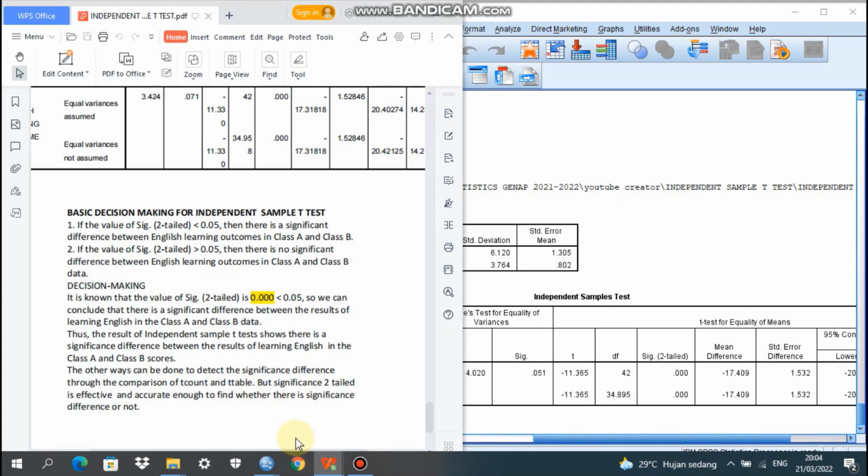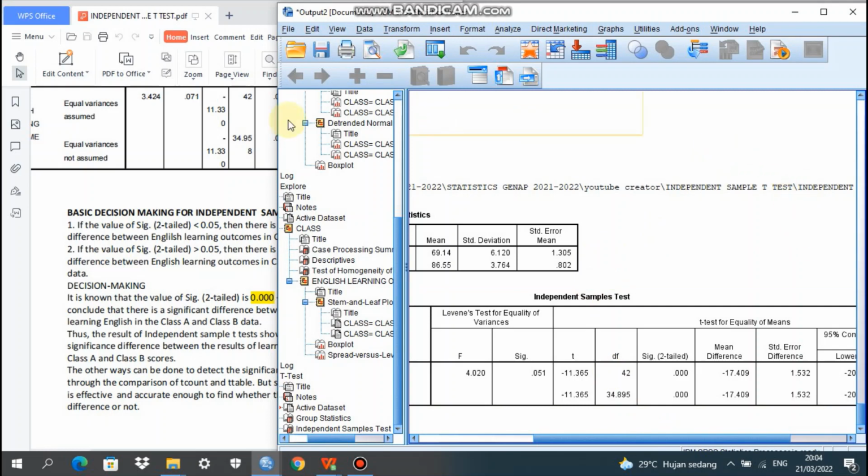But using the significance value in this kind of analysis is already effective and accurate enough to find whether there is a significant difference or not.